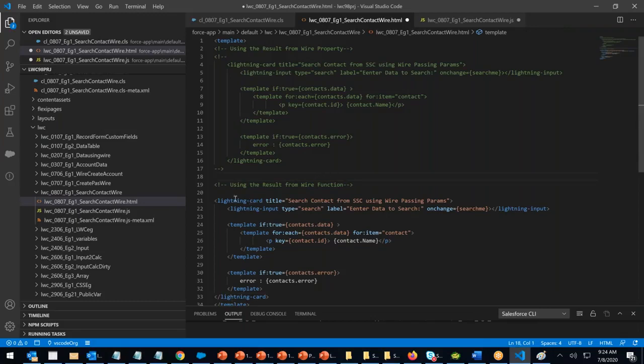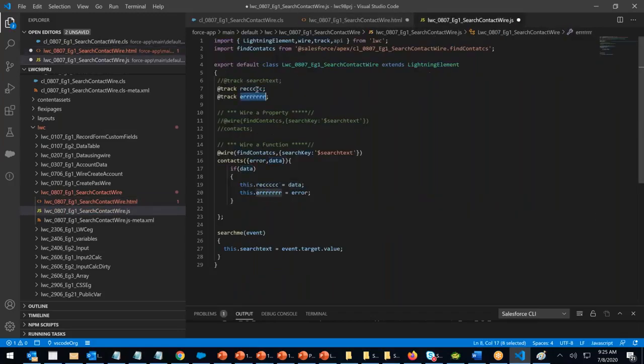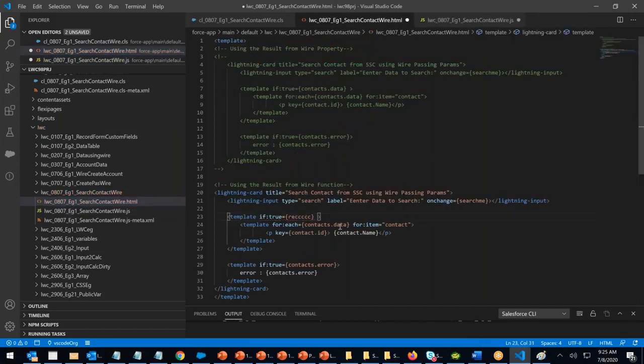Let me reduce the space. The search label button will stay as it is. If true, it's not contact.data. Where is my data stored? My data is stored in RECCC. For each RECCC,